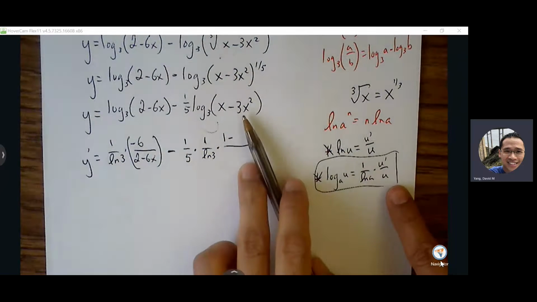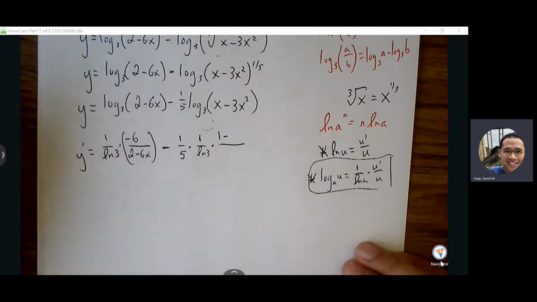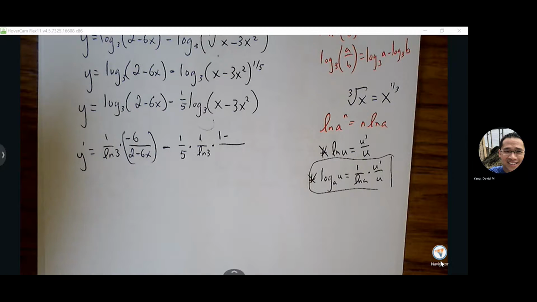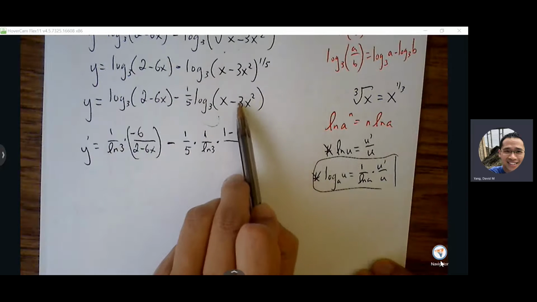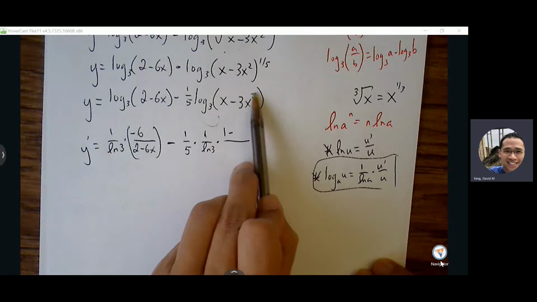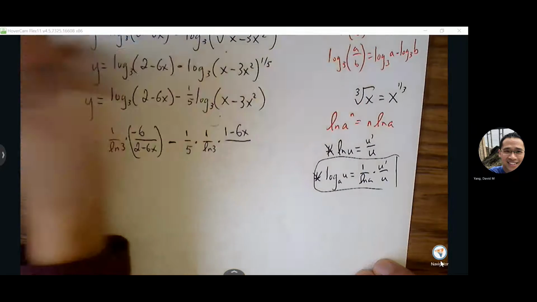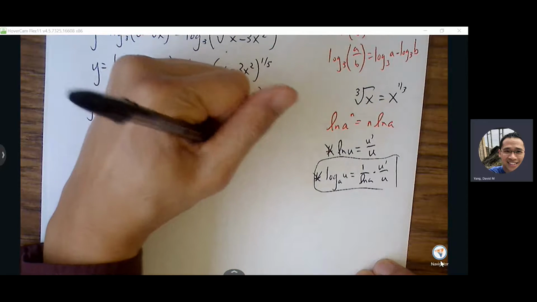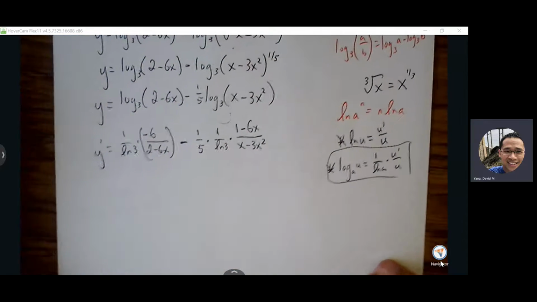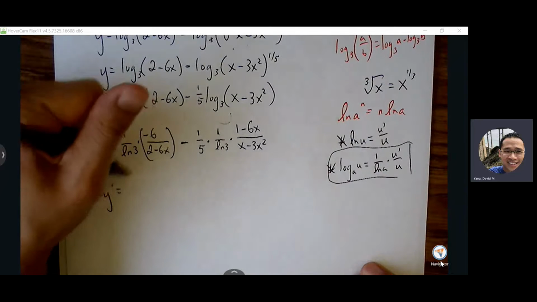Well, 1 minus, what's the derivative of 3x squared? I think it's 6x. Right? Yeah, so we bring the 2 down, then we subtract 1 from the exponent. There's still a 1 sitting here. Over x minus 3x squared. Yeah, that's basically it. I mean, we can do a little bit of cleanup, but